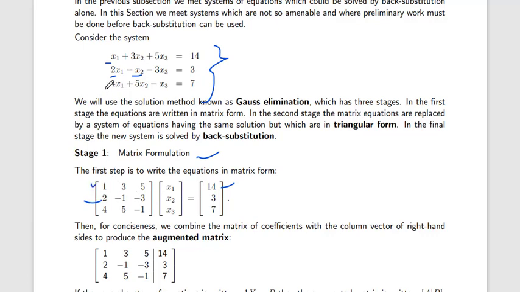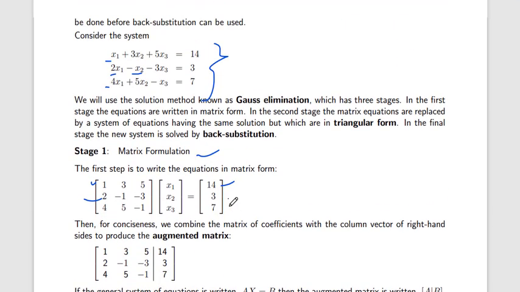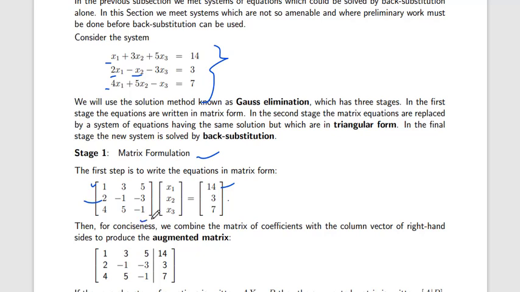You have to make each row. Okay, 4, 5, minus 1. Here x1, x2, x3 multiplication, and 14, 3, and 7. If you solve this matrix multiplication, you always get a linear equation as the answer. Why? Because take the first row, first column: x1 into 1, x2 into 3, and x3 into 5 is equal to 14. So we get the first equation. You can also transfer this into linear equations.